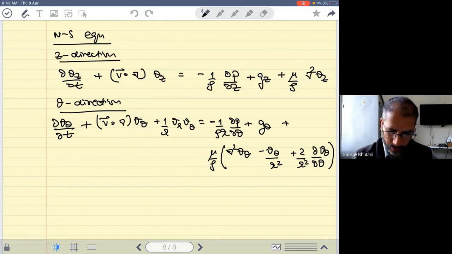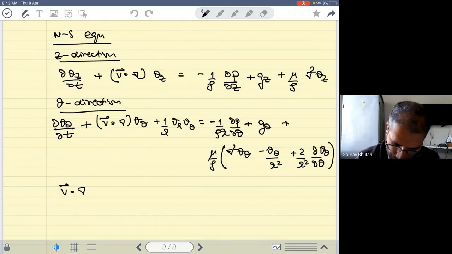It's a bit more complicated than Cartesian coordinates, and this operator v dot grad is defined as